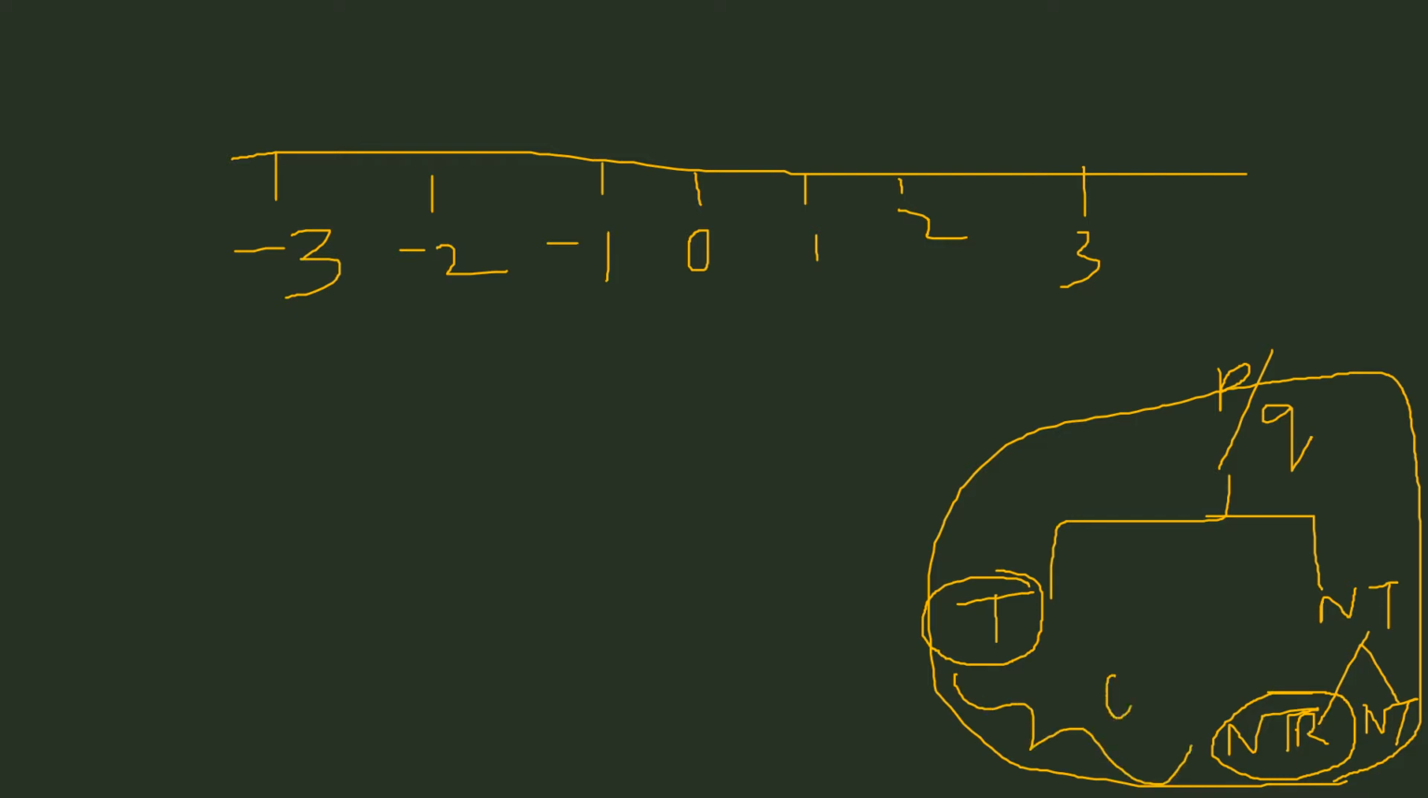Here if I gave you the terminating decimal or non-terminating repeating decimal, these two are our rational numbers. How to represent these rational numbers, terminating and non-terminating repeating, on the number line? So to represent